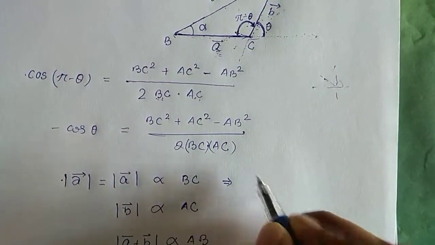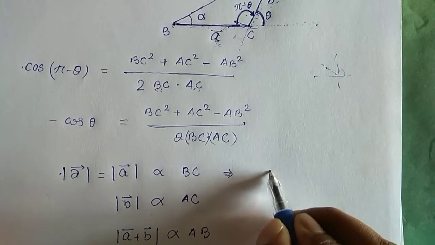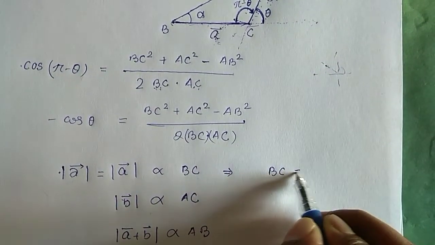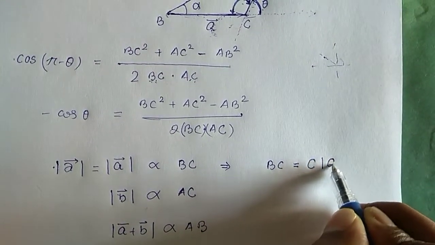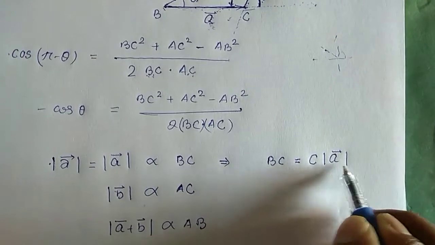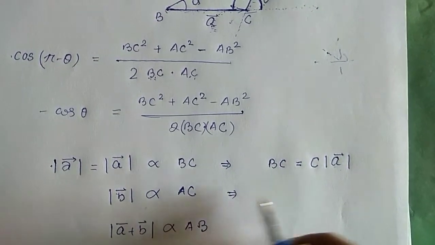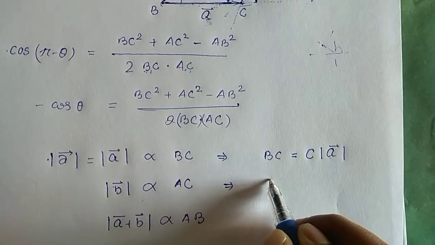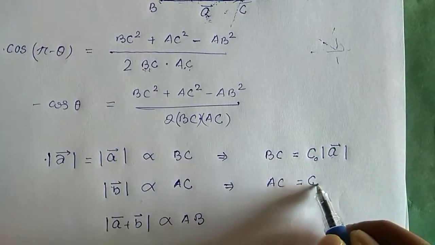If you remove the proportionality, BC is a constant times the modulus of A, and for simplicity AC is something constant, suppose C0, times the modulus of B,